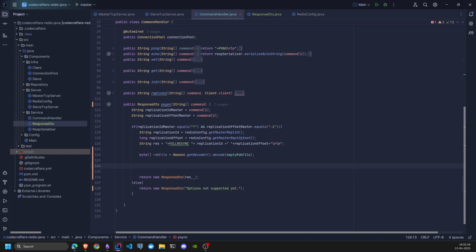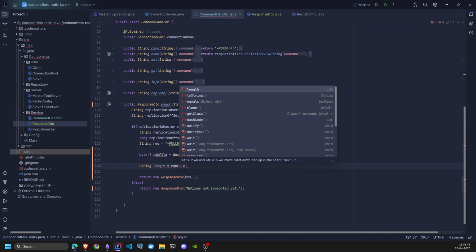Okay, so what I meant was, now that it's decoded from base64 format and in byte array format, the length that we need to send back is actually the length